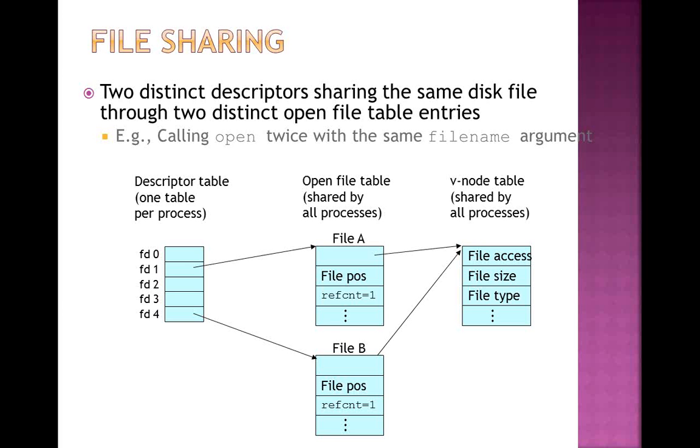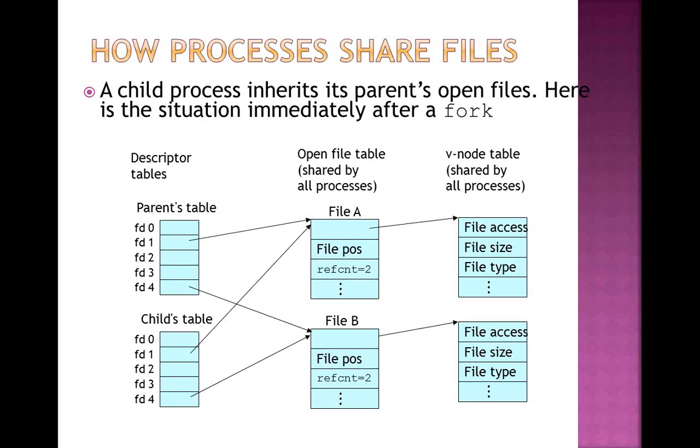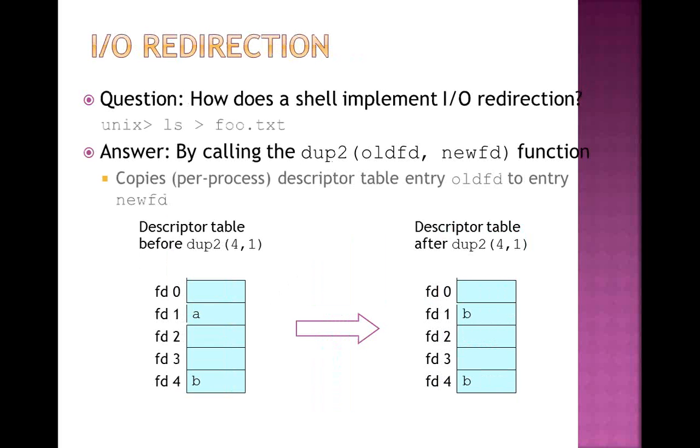Then we have discussed with the help of a diagram and an example how a file will be shared, that is how file sharing is done in an operating system. Then how different processes share the file. Then input output redirection. We have discussed the next topic, how one output becomes the